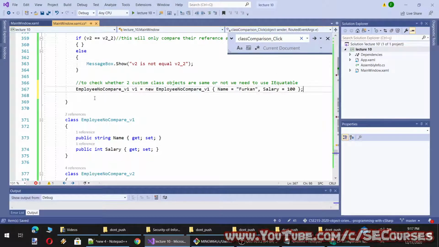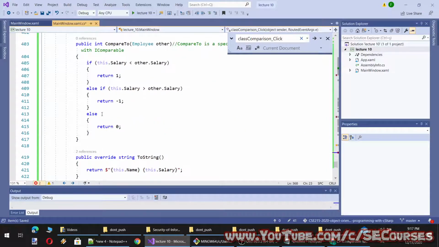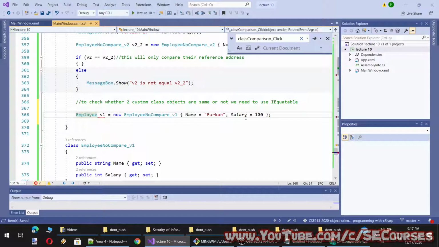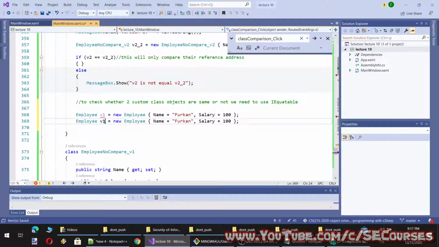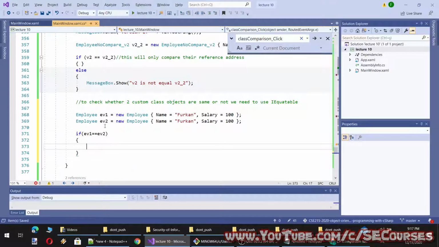I am going to use something like this. Version 1 and version 2. I need to give them a new variable name. Now I can see them. They are equal.